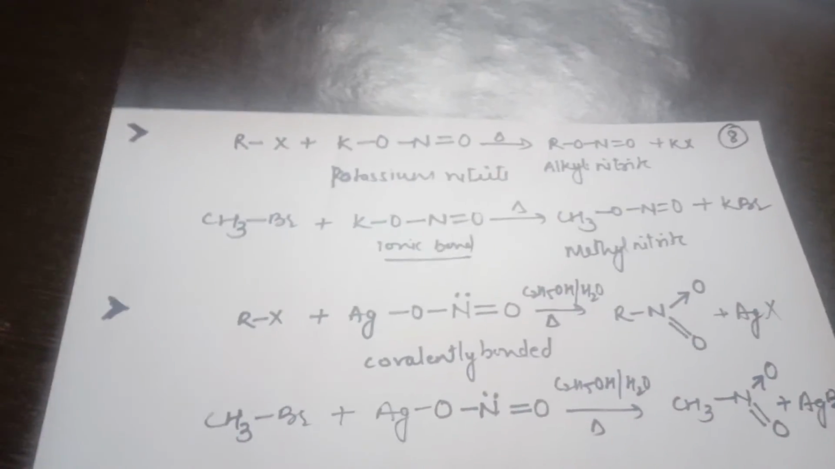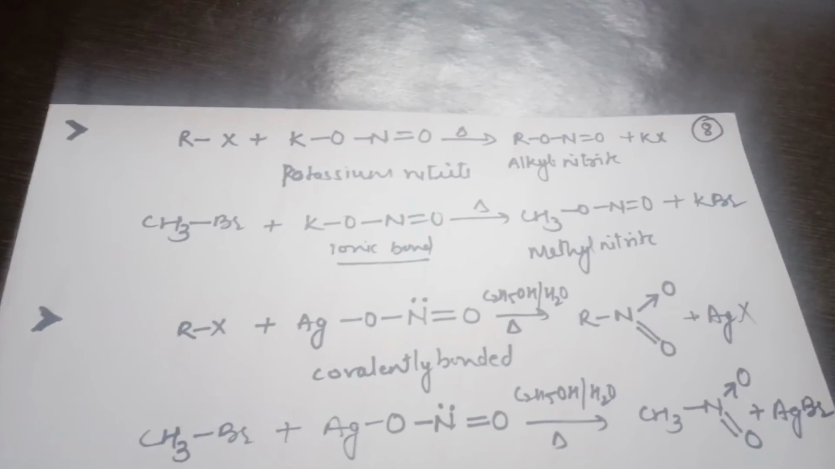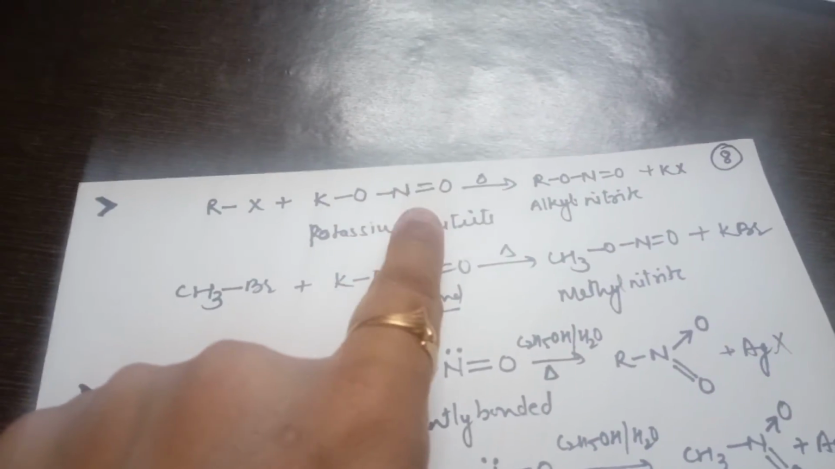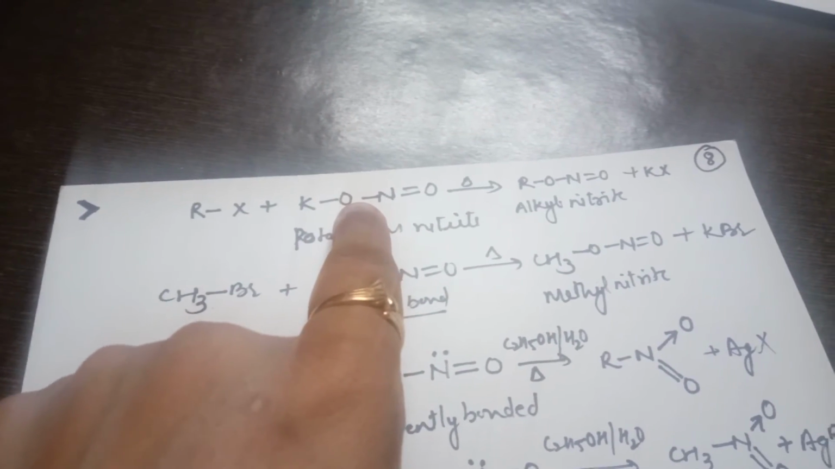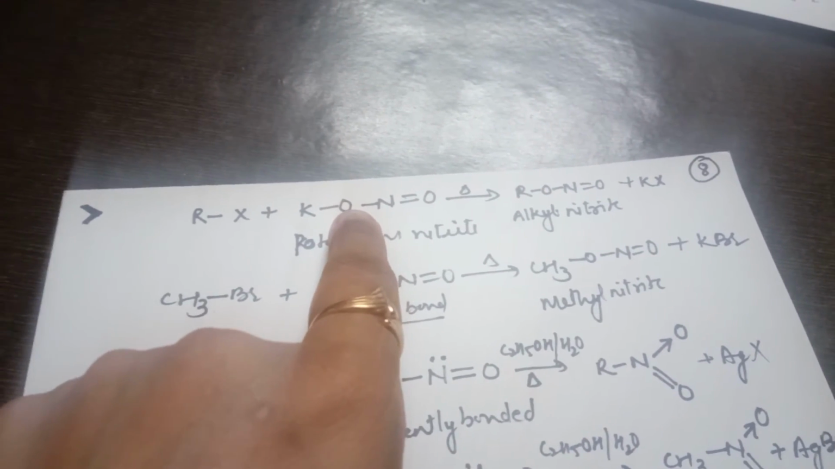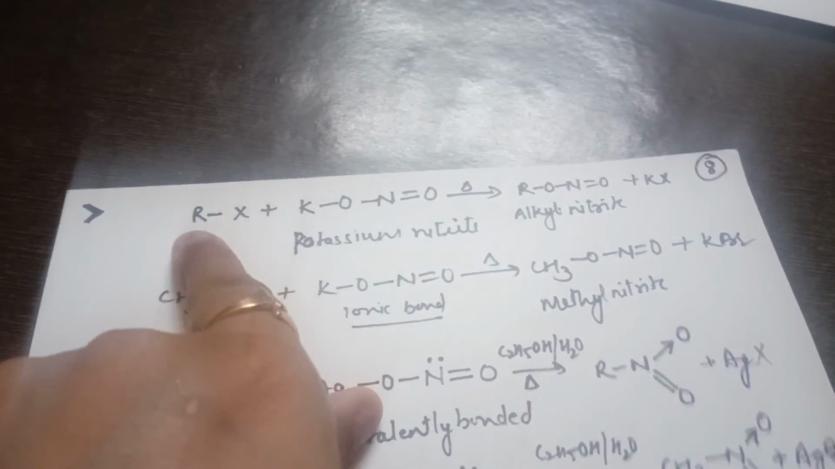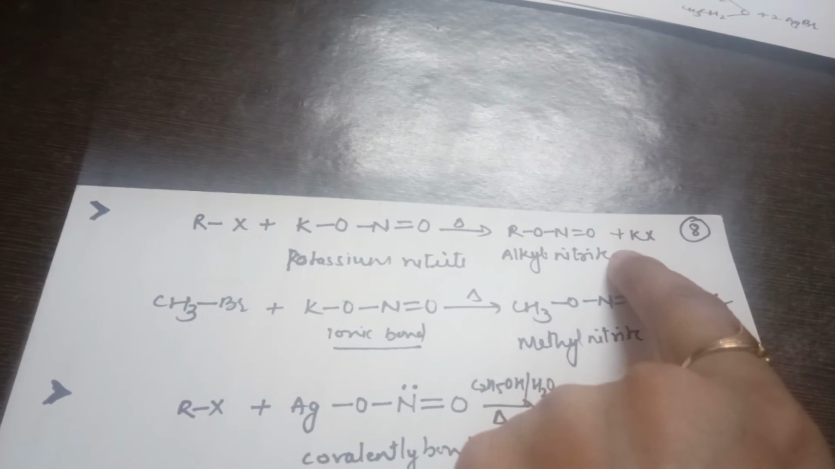Now I'm switching to the next part of it. If I talk about this reaction, this is potassium nitrite. If you heat alkyl halide with potassium nitrite, again here I will talk about the same thing. Potassium nitrite has an ionic bond. So in that ionic bond, oxygen will be carrying a negative charge, and negative charge means excess of electrons are available from the oxygen side. So it will get attached to this alkyl easily,